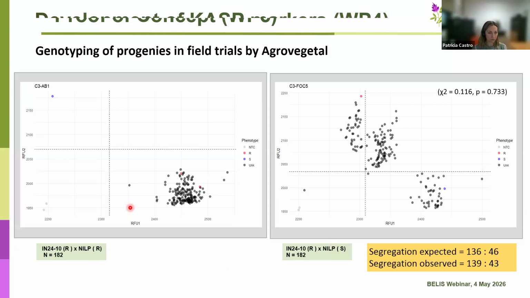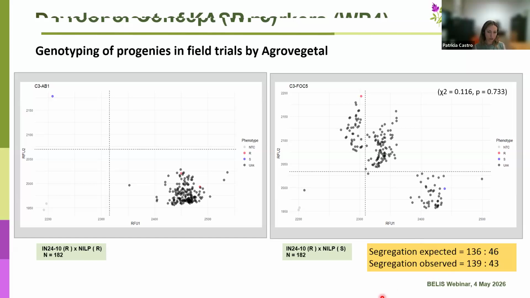As we expected for Ascochyta, all the individuals carry the allele associated with the resistance, and in the case of Fusarium, a lower number of individuals carry the allele associated with the resistance. We observe here that the segregation pattern fits well with the expected